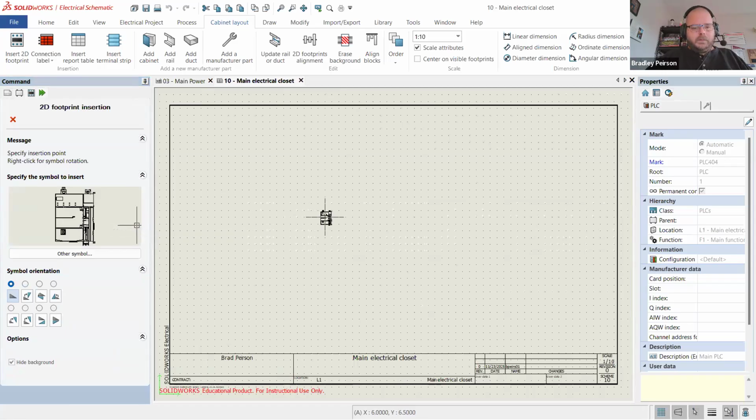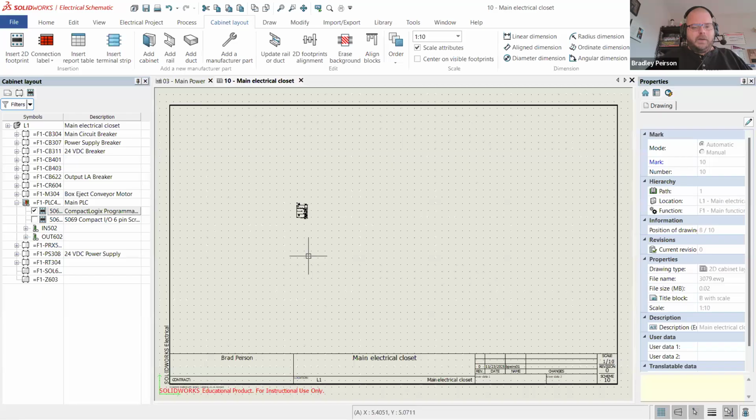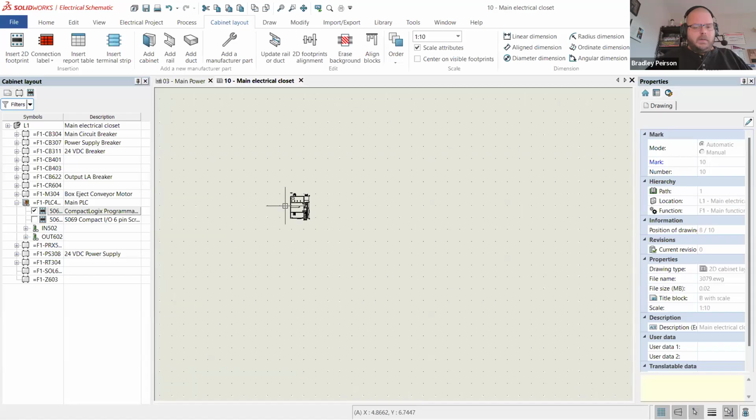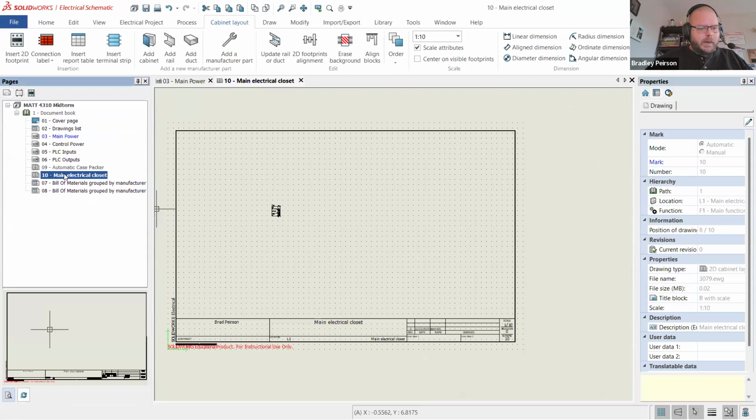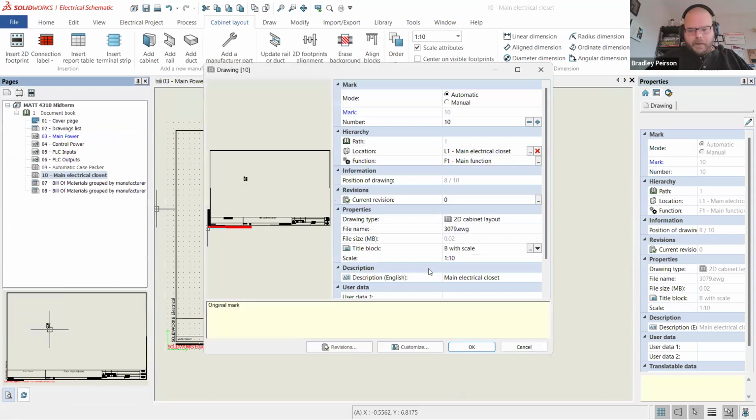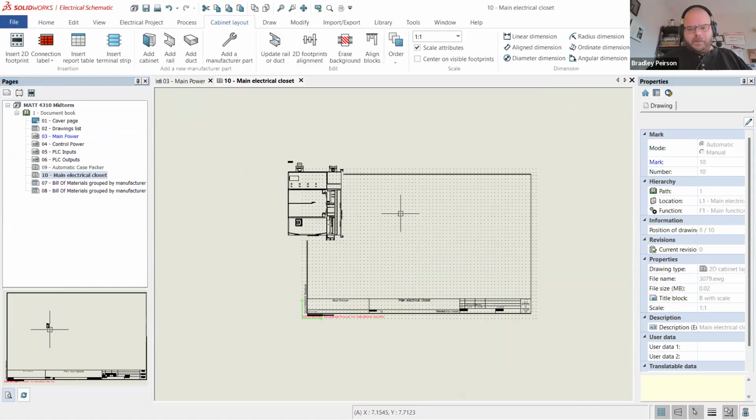I'm going to just drop it in there. And since I created the manufacturer part, well, first, let's change our drawing to be 1:1. So I can right click, go to properties, and the scale is right here. I recommend always starting your 2D layout in 1:1, even if, as this gets full, imagine this is